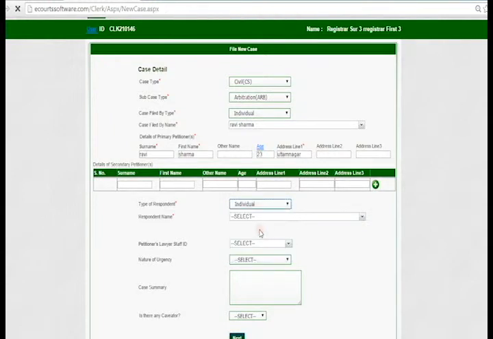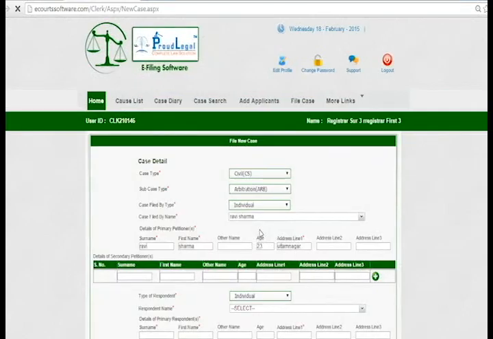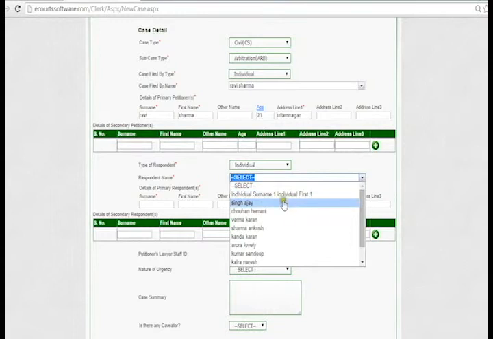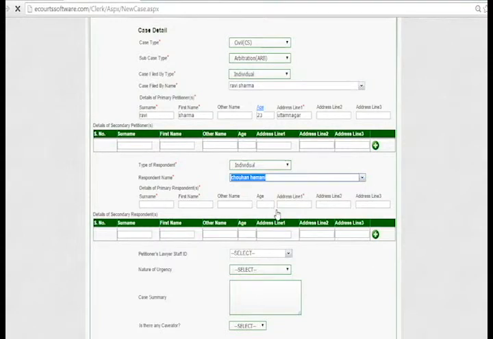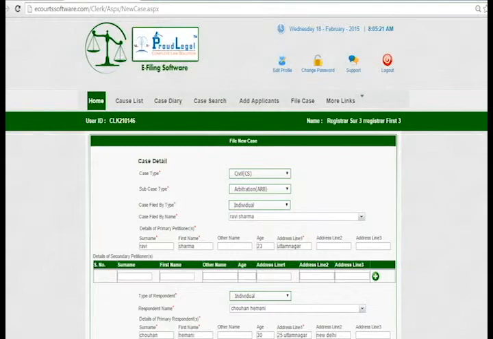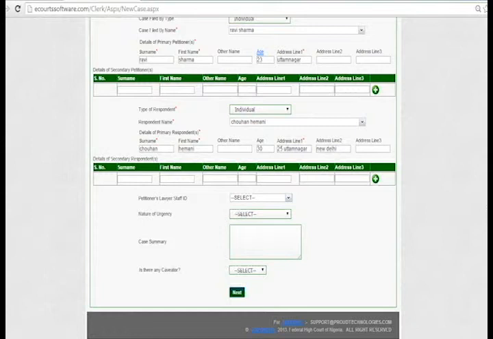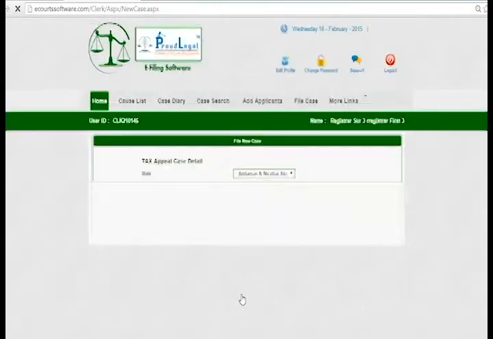Respondent type is also individual. Alright, and what is the name of the respondent? The name of the respondent is, let's take, Himani Chauhan, and when you click on the respondent name, automatically all the details of respondent will be filled into the given text boxes. And if you have any details of these, you can fill, and when you click on the next button, you will get into the next page of the same form, where you need to fill some more